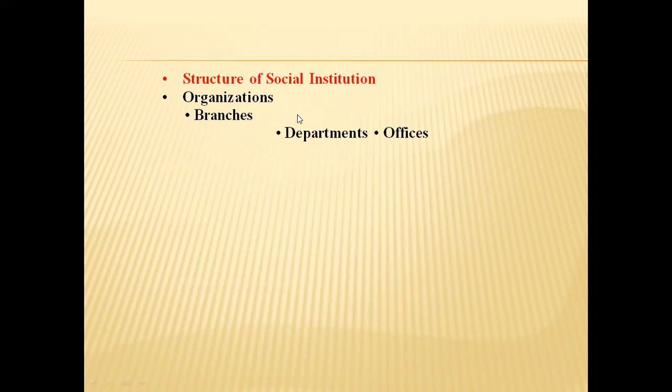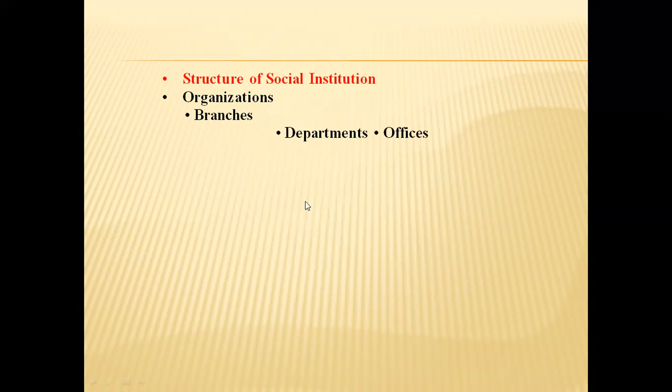Suppose a college has departments, students, and staff. That is, the college is one object, the department is one object, the student is one object, and the faculty is one object. Every college has departments, and a department has some students and faculty. There is some relation between these four objects.